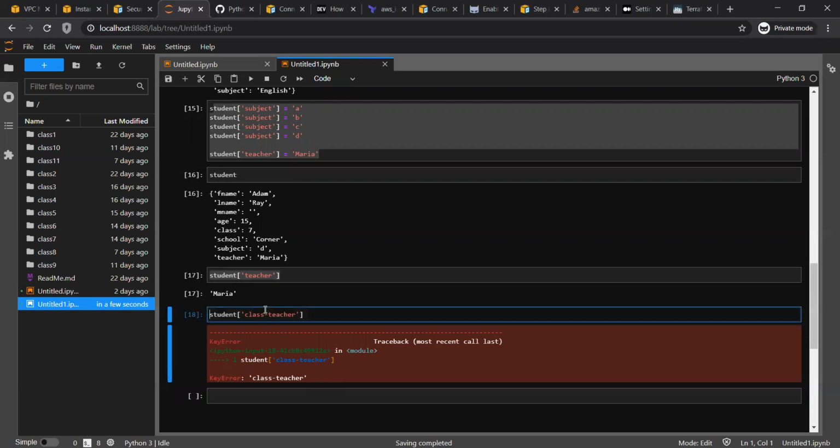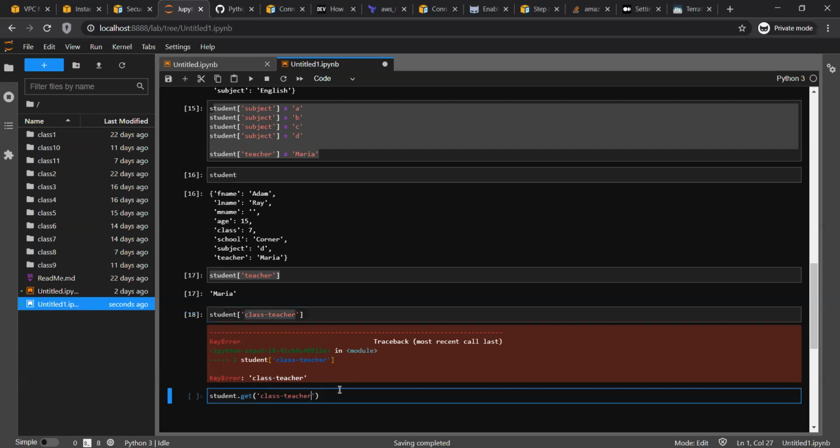So suppose a scenario, assign suppose Atul to the class where the class teacher is not assigned. Okay, so in that scenario if I do this, student.get, okay, now I'm getting it, class teacher.